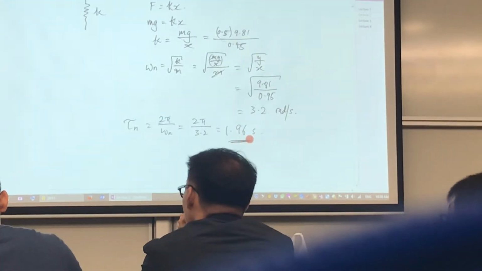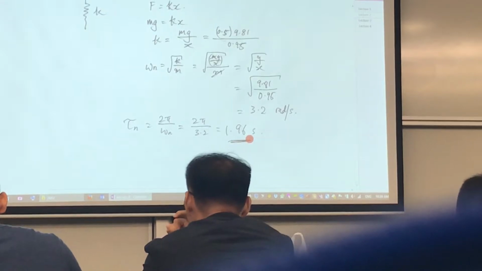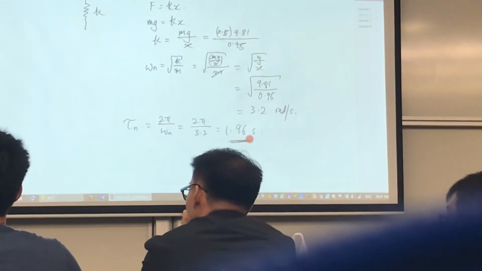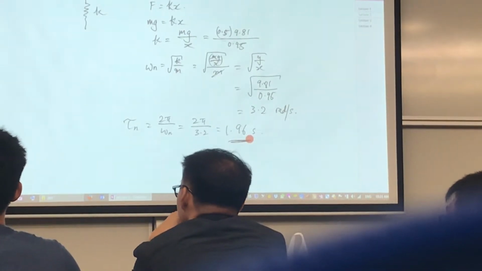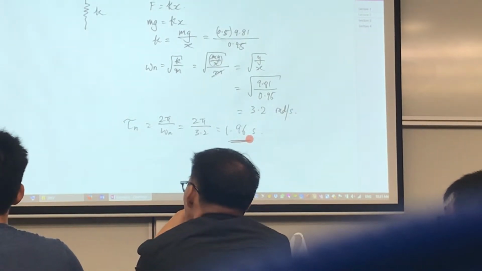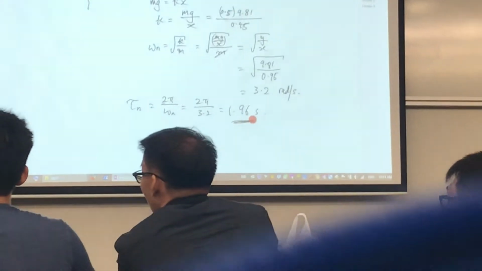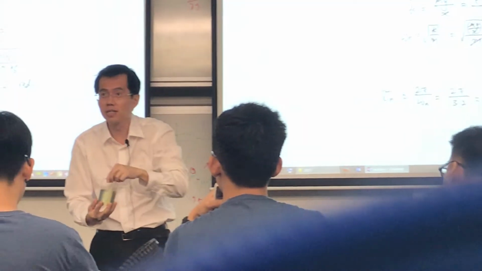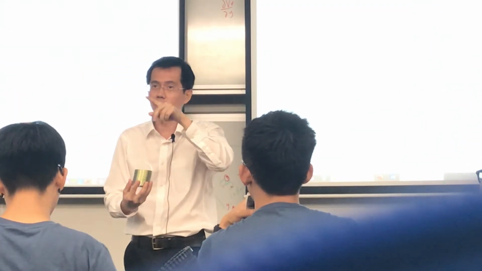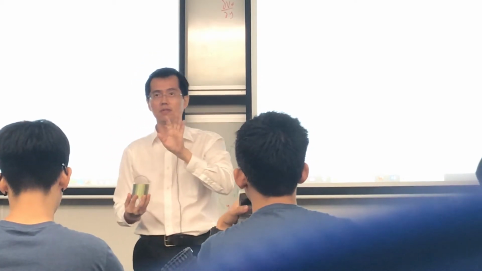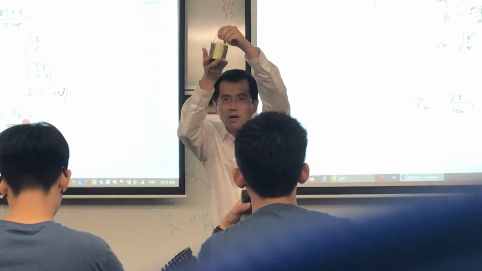So let's see if it's true. What that number means, 1.96 seconds, which is close to about 2 seconds here, is that if I drop this and it comes back, that is one oscillation. So the period of oscillation should be about 1.96 seconds. So now if I drop this